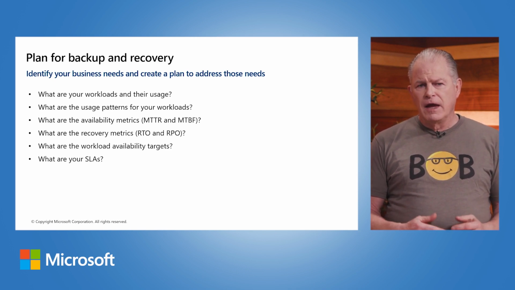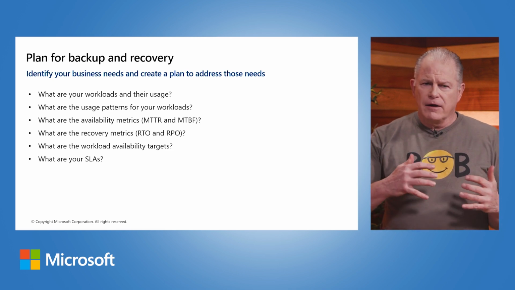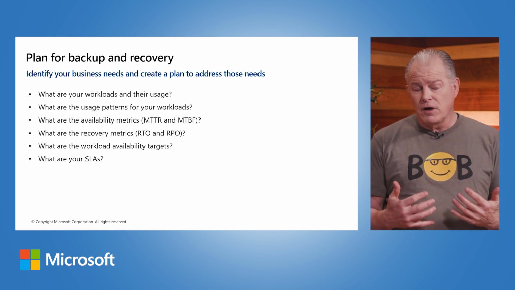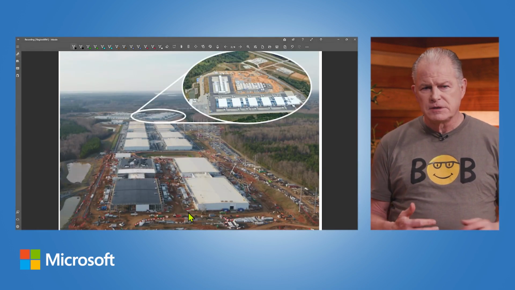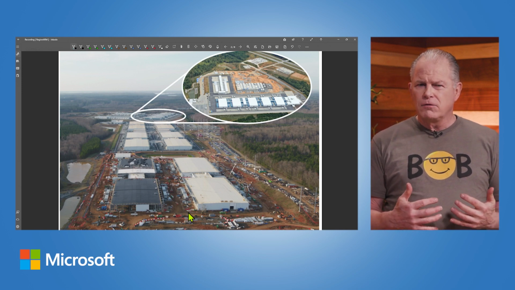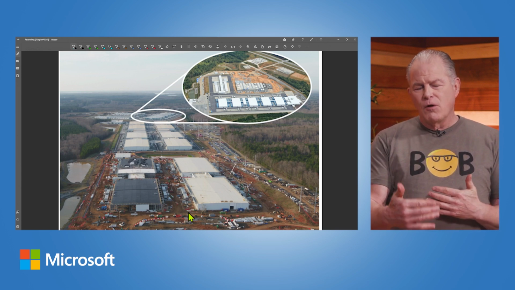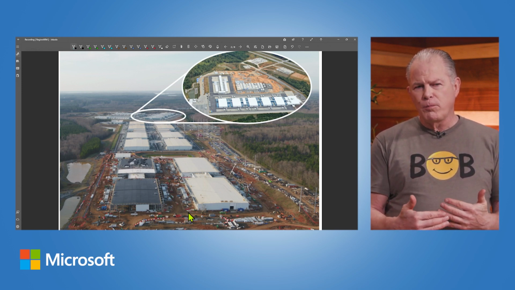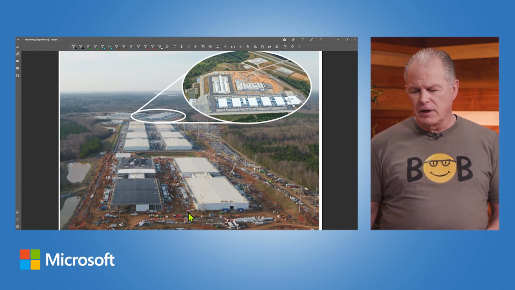So you want to take a look at the different types of workloads and what's going to happen. And I'm going to make this reference into everything that we've talked about in Azure. So I'm going to make sure that you understand some of the concepts that we've talked about in Azure that's available for you that don't circumvent the need for a backup. But if you layer this approach where a backup becomes more appropriate, knowing that if you've deployed things properly inside of Azure, this will help you.